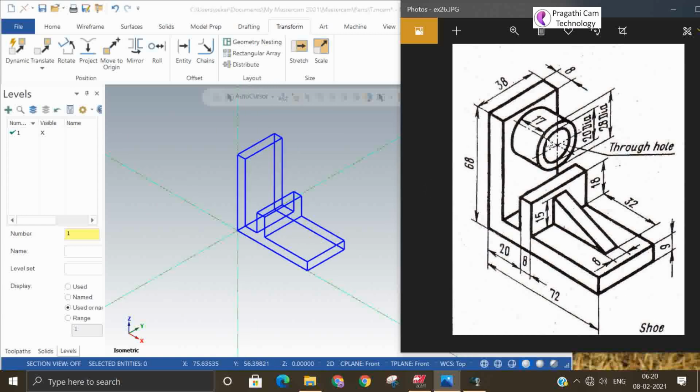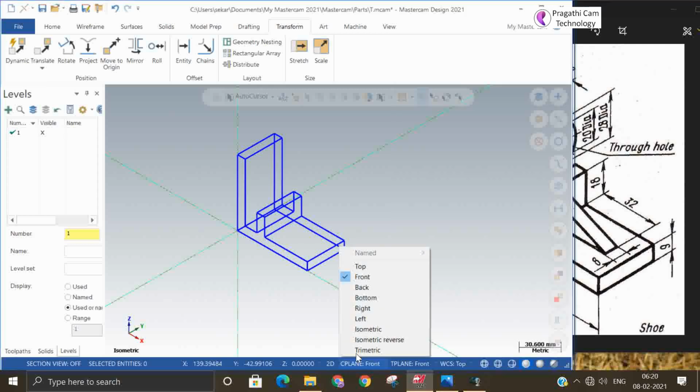So now we can add the cylindrical boss. Okay, so how can we make it? So we have to go to the right side view, because you cannot do it on the front view.